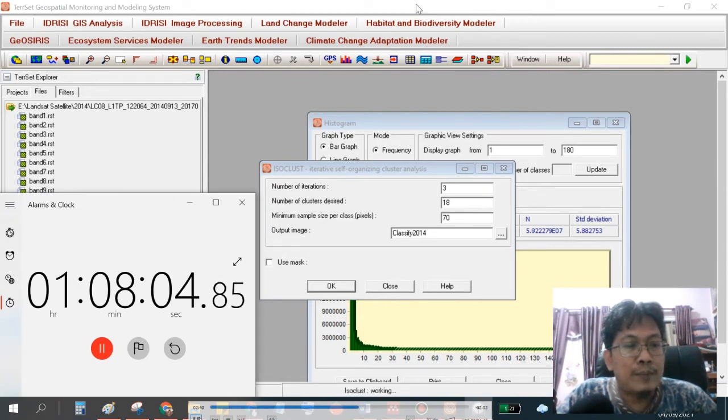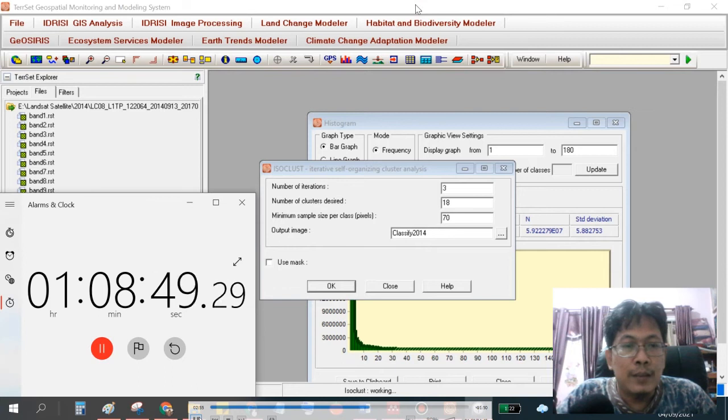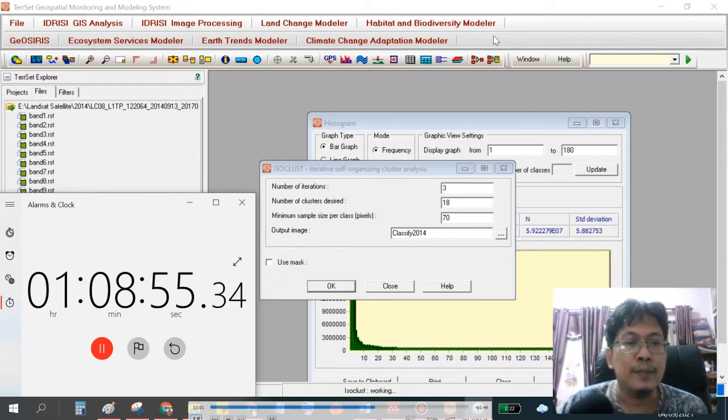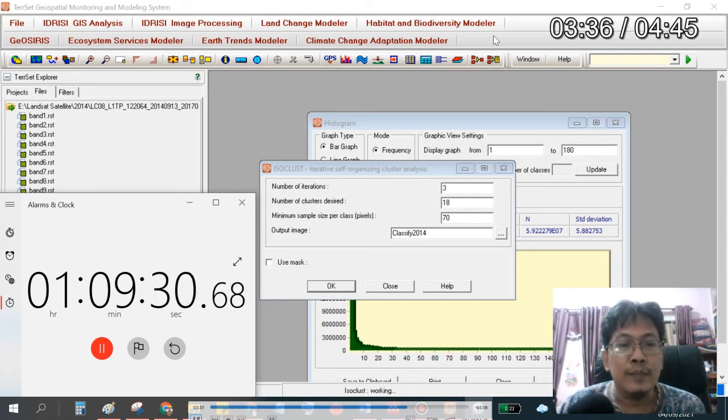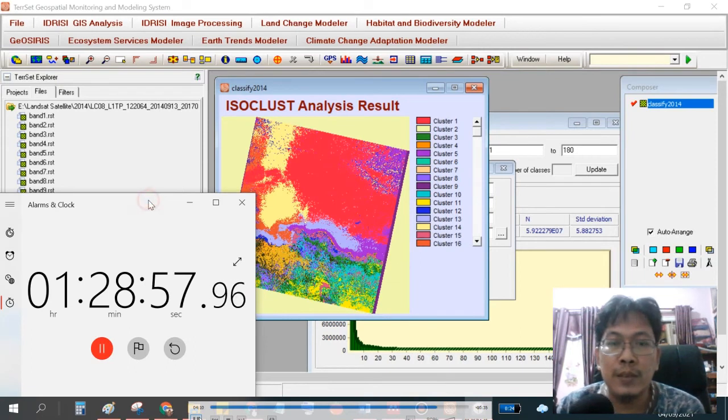I use a stopwatch to show you, for example. This is 1 hour, and we have to wait until 3 iterations are passed, for about 1 hour and 20 or 30 minutes. This is the result.